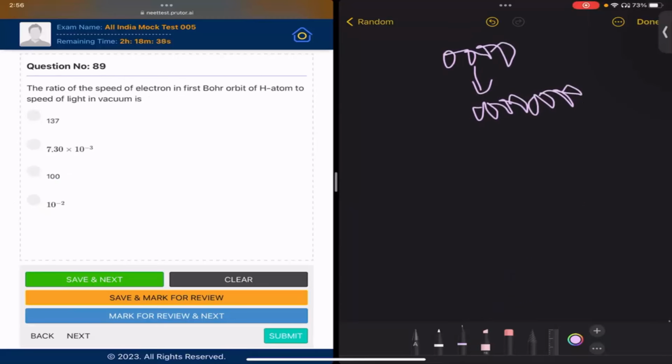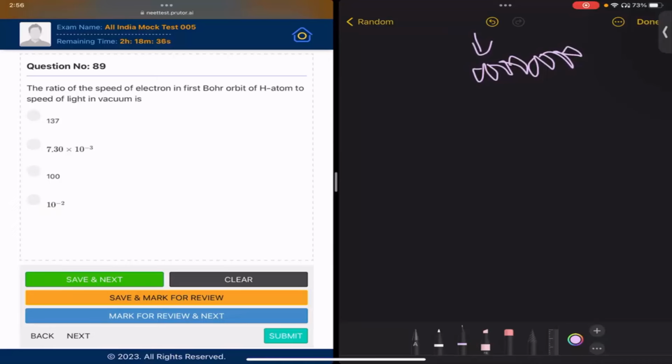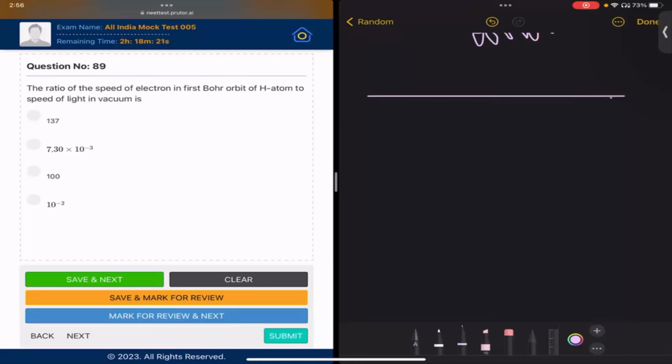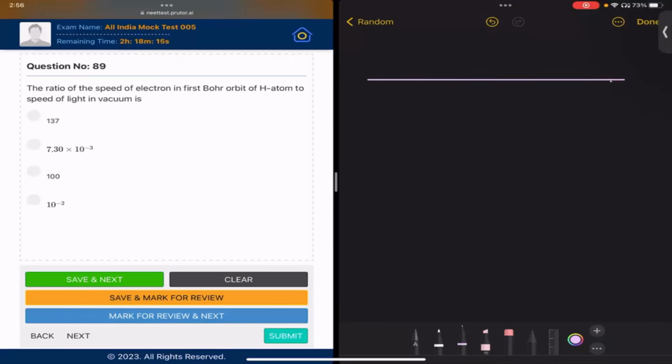The ratio of the speed of electron in first Bohr orbit of hydrogen atom to light. अगर हम कंपेयर करेंगे तो काफी कम आएगा रेशियो। तो इलेक्ट्रॉन का स्पीड जो है लाइट से कभी ज्यादा हो नहीं सकता है, तो ऑप्शन 1 and 3 would go out of our consideration. अब हम रेशियो निकालने की कोशिश करेंगे, तो या तो B होगा या D होगा, we'll see. Speed of electron in first Bohr orbit of hydrogen atom, ओके। कैसे निकाल सकते हैं हम?